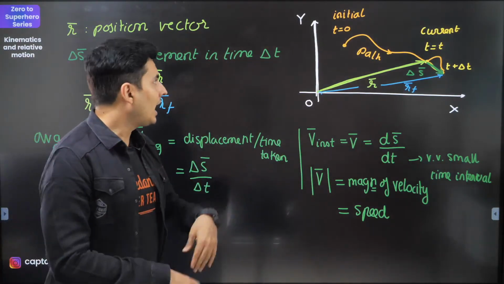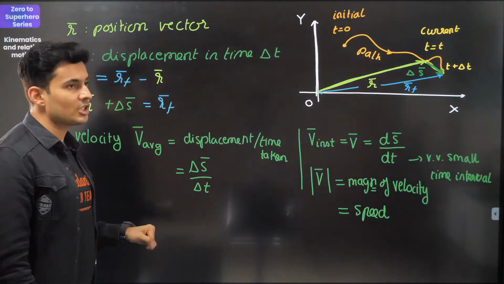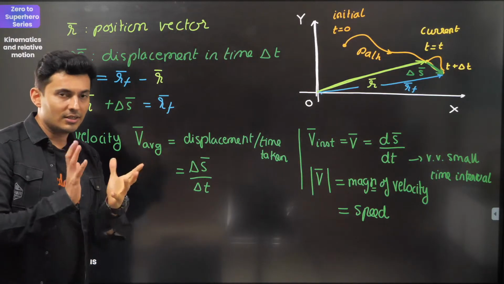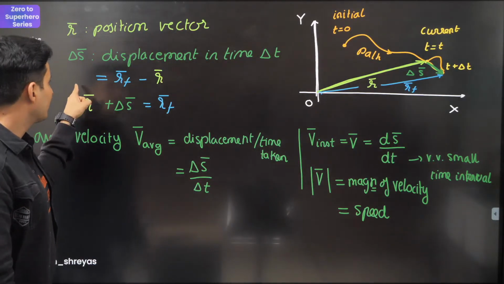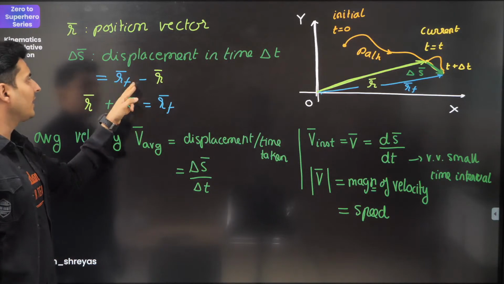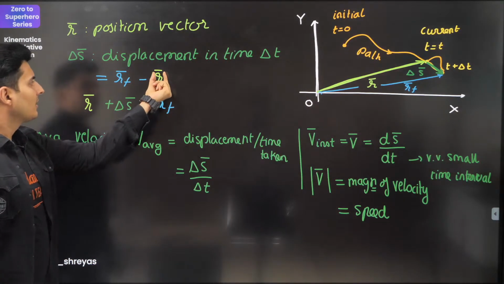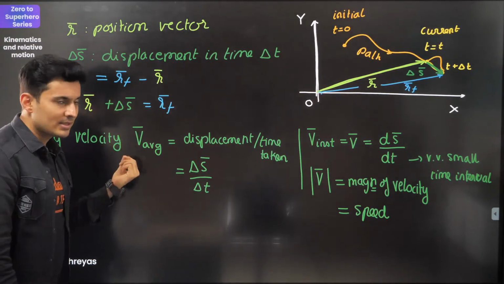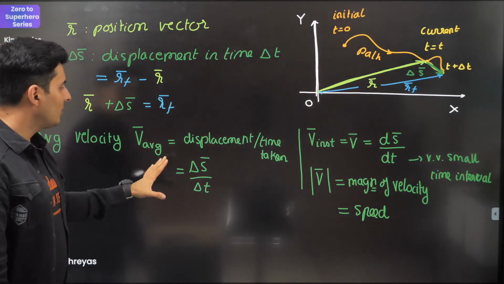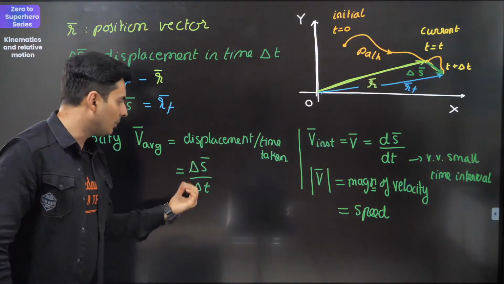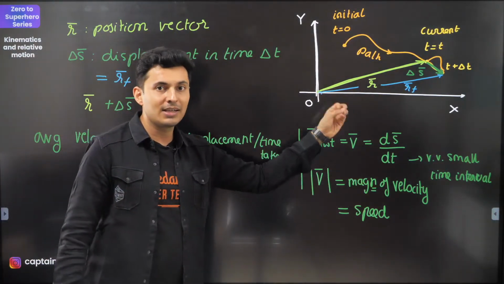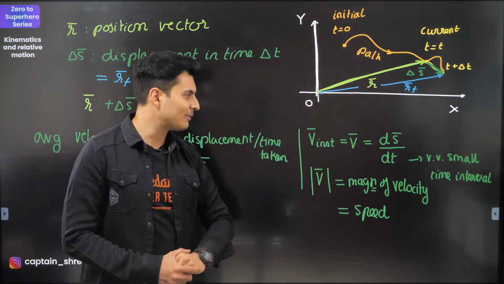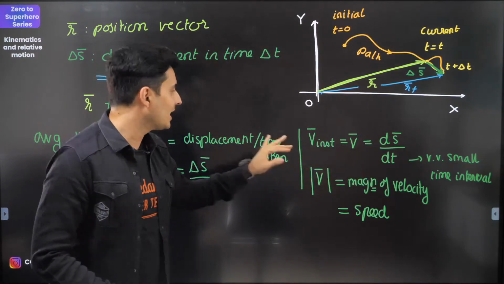Yes, displacement. And displacement is final minus initial position. You can see this is final, this is initial. That is delta S, which is the displacement. And you can see that we can write displacement is final minus initial. So final is initial plus the displacement. That's the same thing. Average velocity is the total displacement upon total time. Instantaneous velocity is the smallest displacement in the smallest time interval. Very, very important: ds by dt.